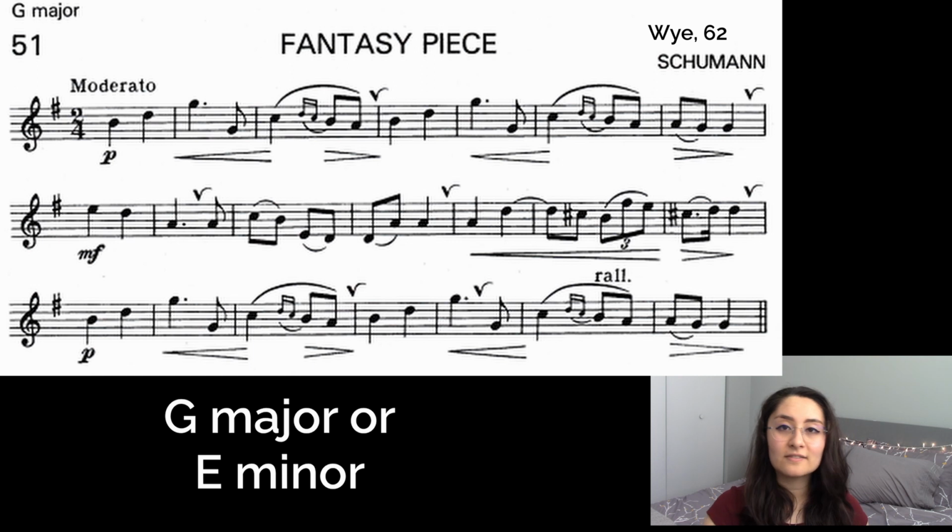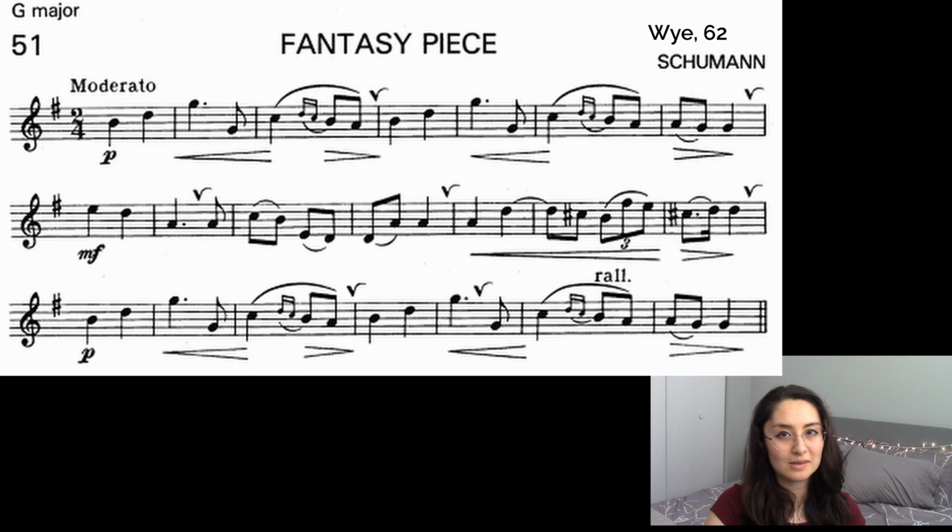So let's take a look at the first and last notes to see if we have any indication of the tonic of the key signature. So our first note, we do start on a B instead of a G, but that is part of that G major triad, so it's always important to keep in mind. But we do end on a G, so again, we have a strong indication here that we are in G